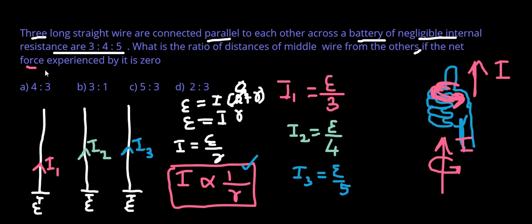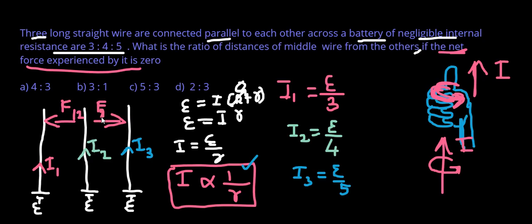The force experienced by it is 0, the net force is 0. Then the force experienced by these two sides, let us say this is F1 and this is F12, because this is current 1 and current 2. Due to current 1 and current 2, the force is going to take place here. And as well as in this,